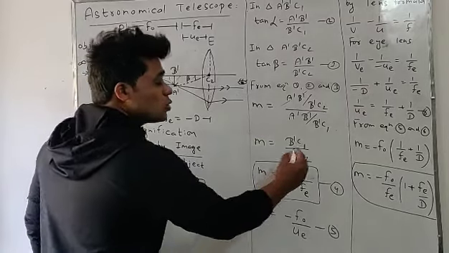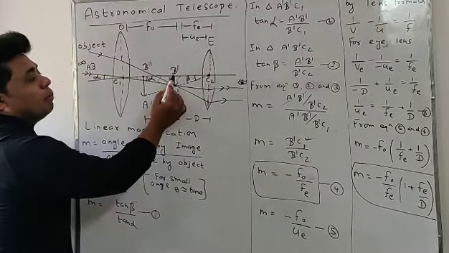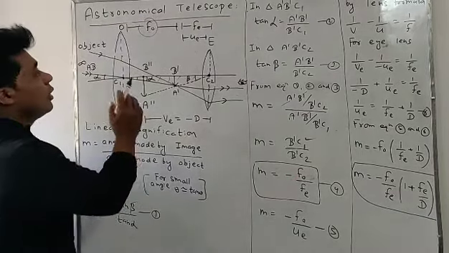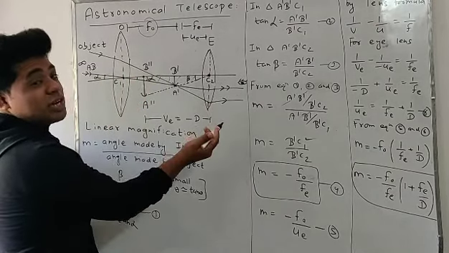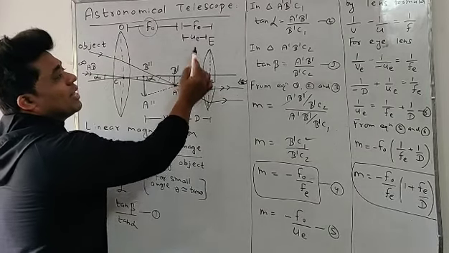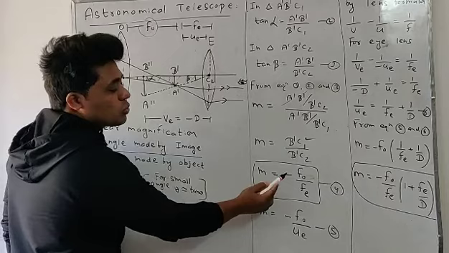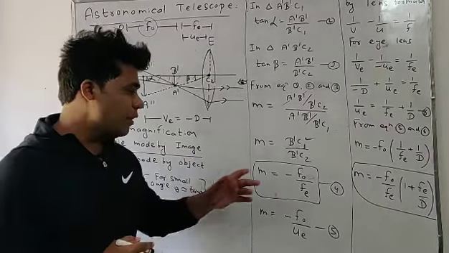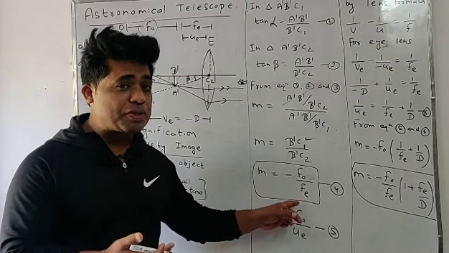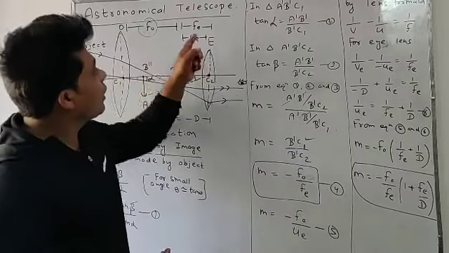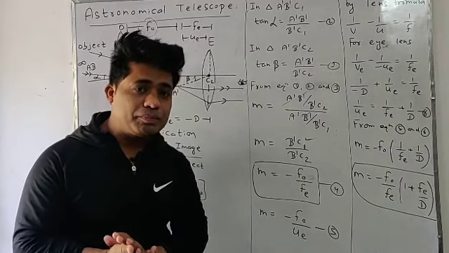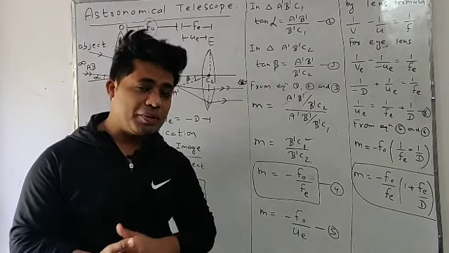Now students, what is B dash C1? B dash C1 is the focal length of the objective, so f0. It is on the right side, so we'll use a positive sign using the sign convention. What is B dash C2? B dash C2 is the focal length of the eyepiece, but it is on the left, so we'll use minus fe. So we got the first one, the magnification of the astronomical telescope, m equals minus f naught by fe. Focal length of the objective by focal length of the eyepiece. Fe can also be written as UE. So this is the magnification when the final image forms at infinity.